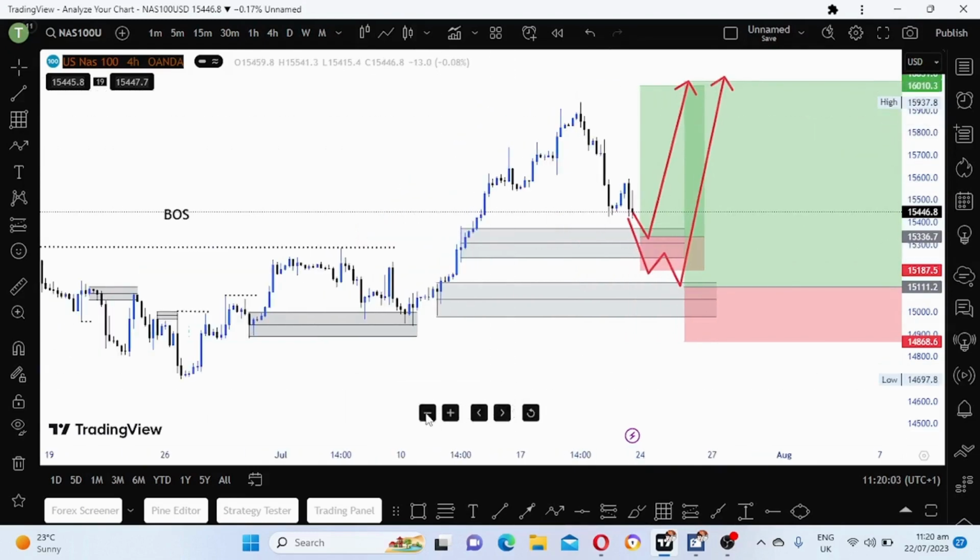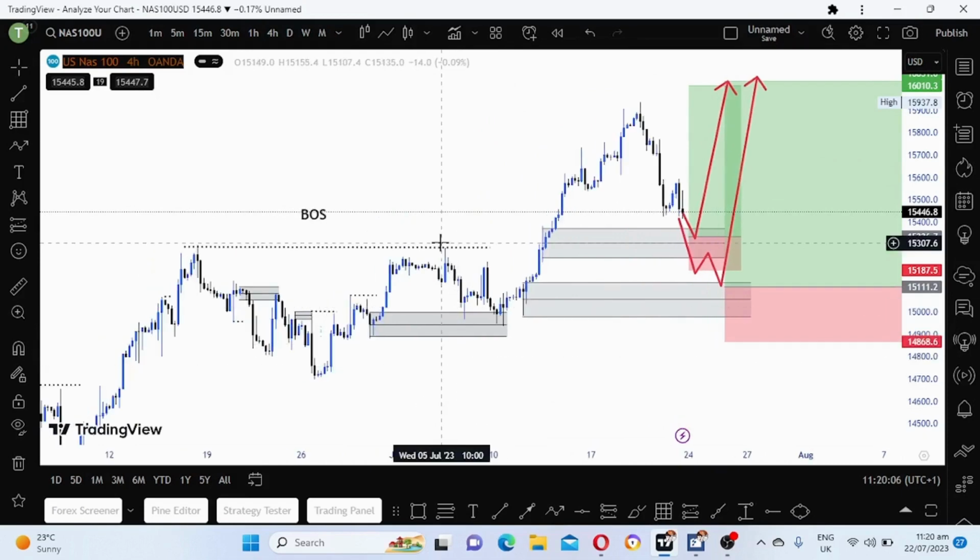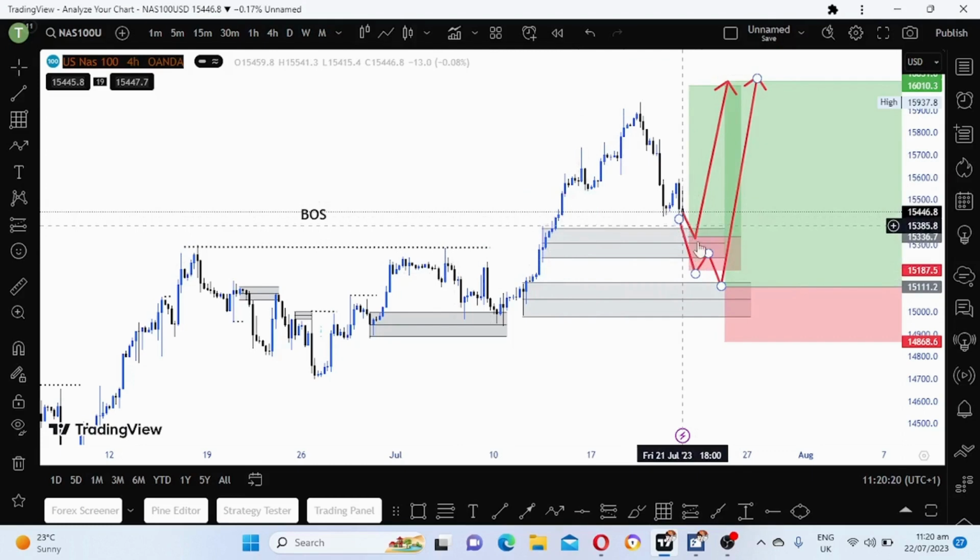I don't have too much here on Nasdaq because price is already in an uptrend. Price is clear, guys. What you have to do is be patient, wait and check what price is doing at these two zones that I drew up here. If price goes through this first demand zone, we wait for price to come to this second demand zone and check what is happening there on lower time frames. After seeing a change of character, you wait for price to pull back and then you enter a buy, or you can enter aggressively when price taps into these two demand zones. So that's my view on Nasdaq, guys.